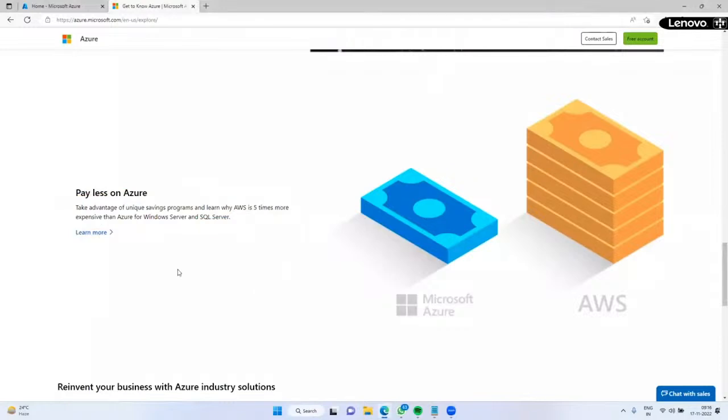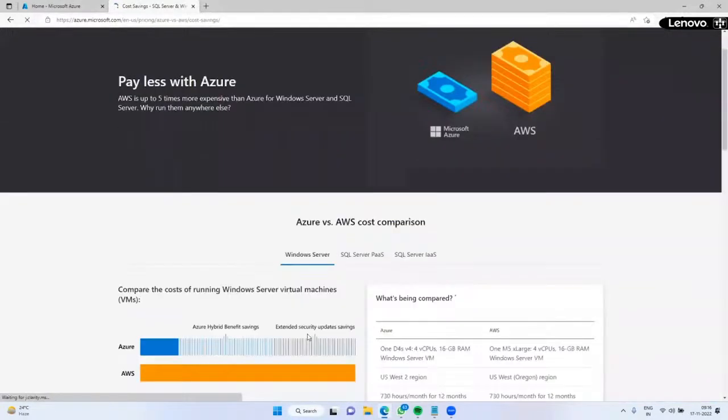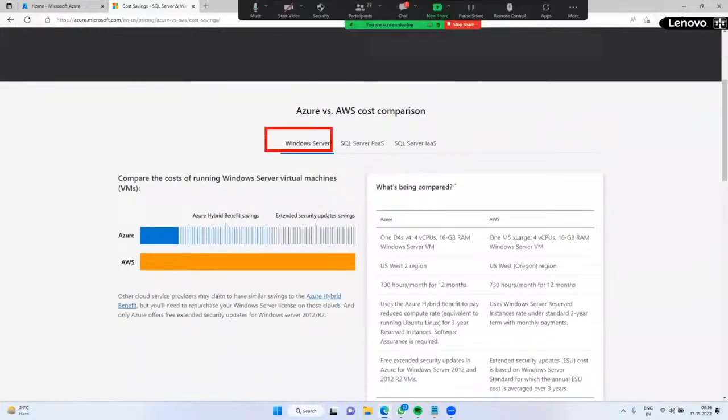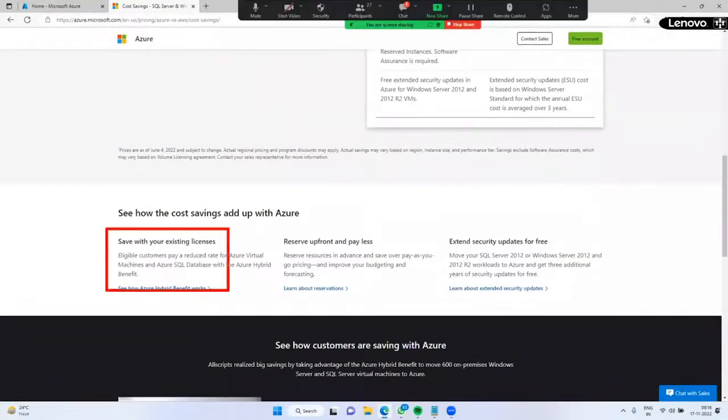This is about the usage of Azure. Apart from that, scroll down. Here we have Windows Server very cheap, Microsoft SQL Server very cheap, Azure IaaS is very cheap compared to AWS. Apart from that, you can save cost. You can migrate your servers from on-premises to Azure with the same license cost.